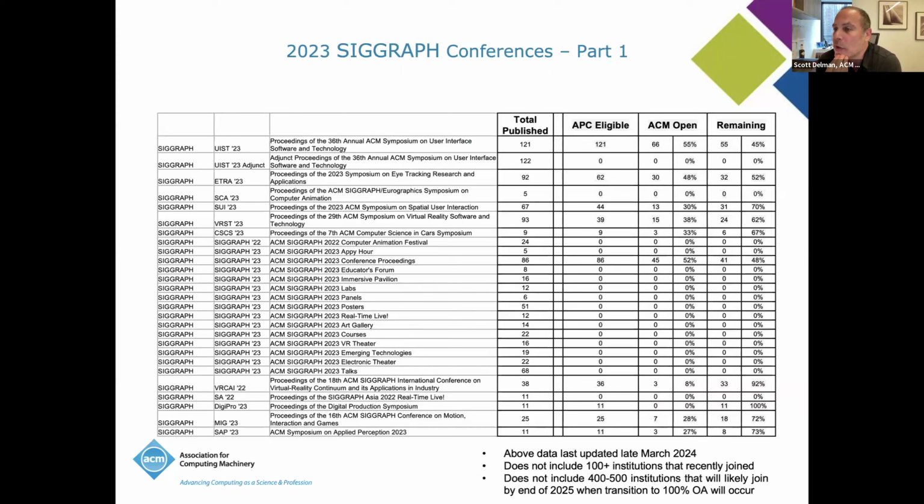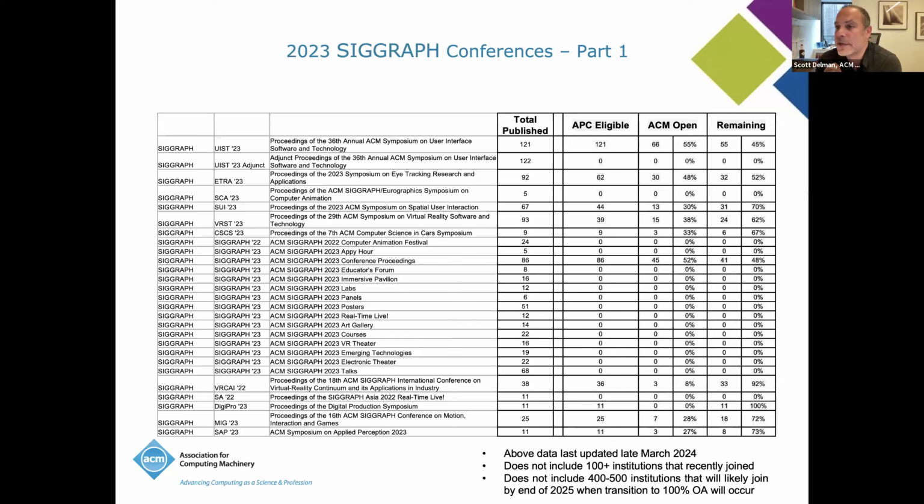As of earlier this year, so this isn't completely up to date. It was, I think, March of 2024. So it's a few months out of date. The percentage of articles published at each of these 2023 conferences, looking at those articles and their corresponding authors, where they're affiliated with, and comparing that against the current list of ACM Open institutions. So if you look at the first one on the list, 55% of, if those same articles were published